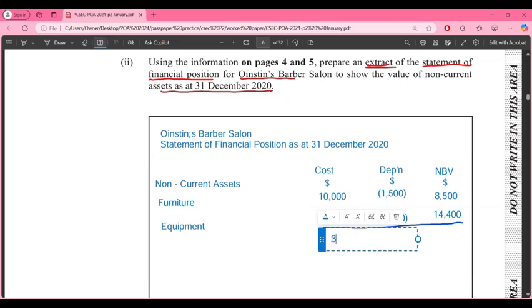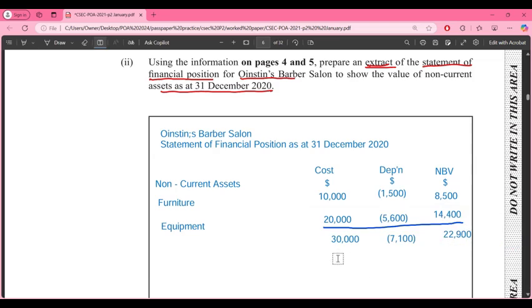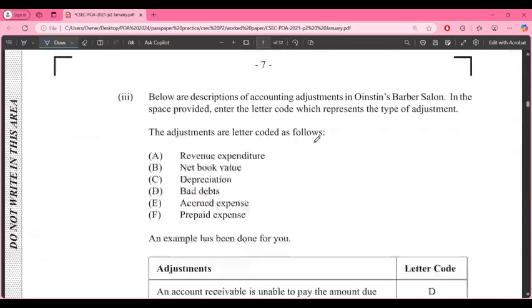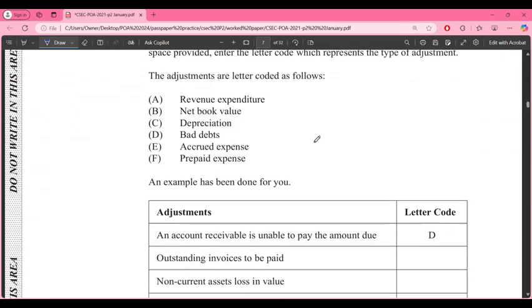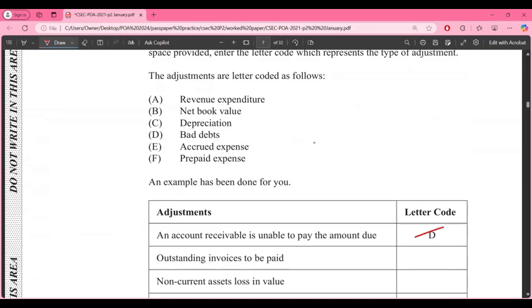I forgot to put the extract at the top, so at the end I will be including the extract as we go by. Total at cost was 30,000. The total depreciation to date is $7,100, and the net book value as at the 31st of December is 22,900. And you do another line just to close off that section, and that's all that is needed for that question 2